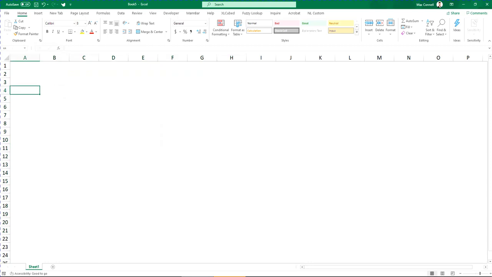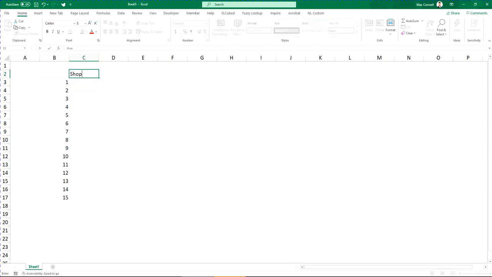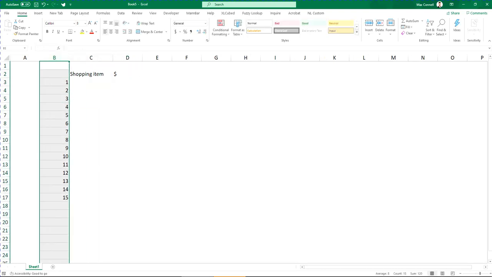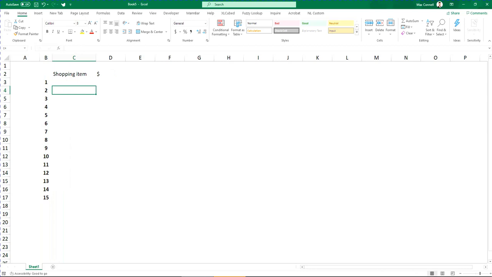Let's say I just want to do my shopping list real quick. I'm going to bring this up like that, hold down Control, and then I can put my shopping item and my dollar over here. Maybe put some formatting over here as well. So we're going to make this centered and bold, and maybe shorten this column over here. Then I'm going to type in eggs